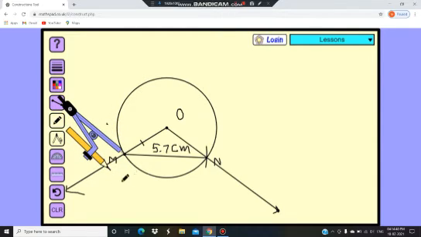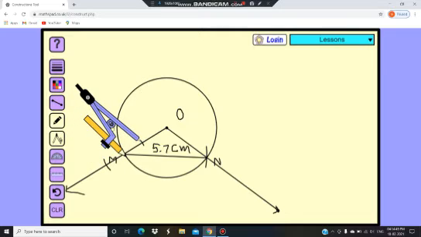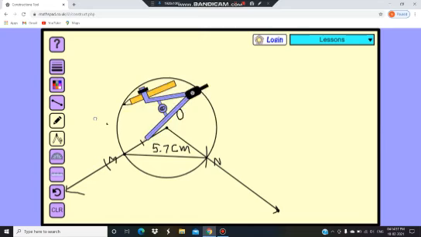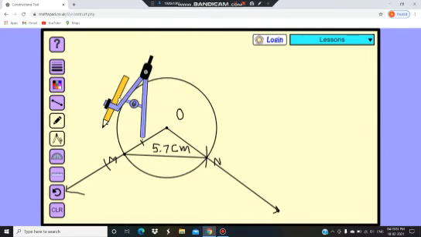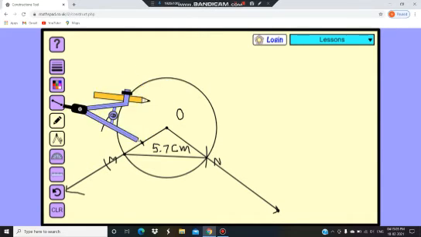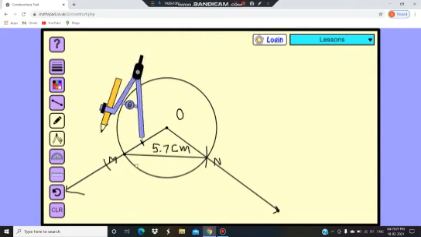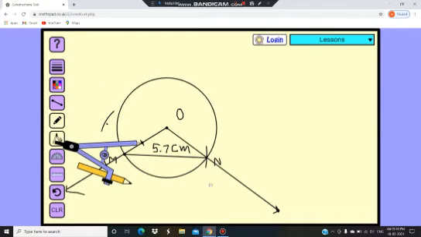Now whatever the distance between these two arcs, take that distance in a rounder. So now keep the pointer on this one arc and take the distance between these two points, and on the upper side of that line we have to draw one arc, and with the same measure we have to draw the arc in the downward direction.